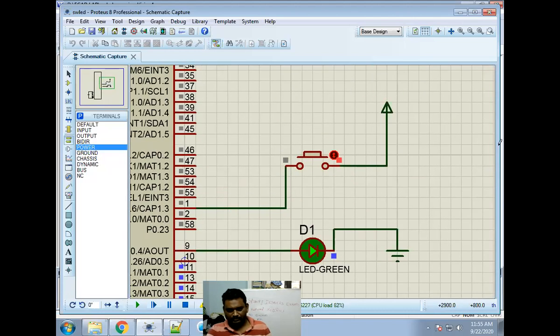See. If I click on this, LED is off. Same as what I did. So LED interfacing is done, switch and LED are interfaced with the LPC or ARM7. That's it, done.